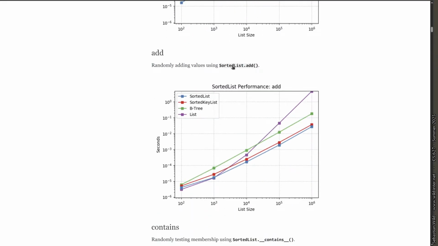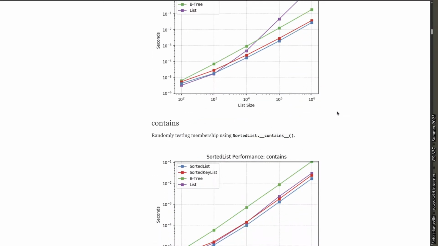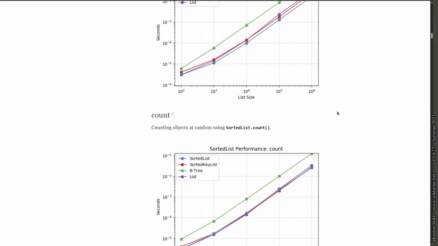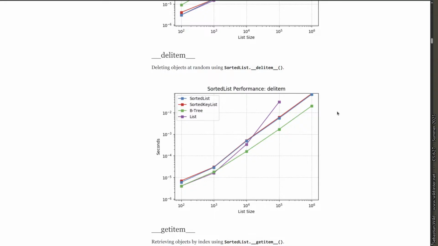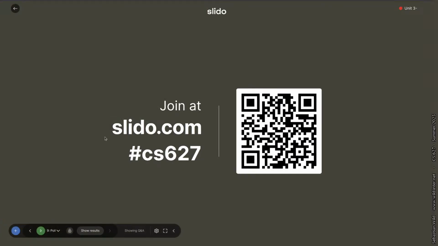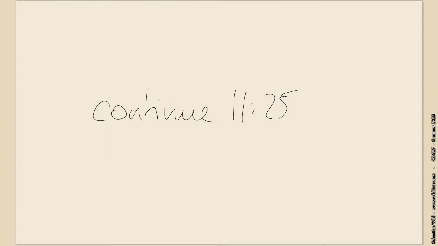But then if you look at what happens with addition, if you insert things, you do scale badly if things become more expensive. But oh no, that's the normal list. They claim they're still faster than any tree data structures. That's incredible. This is Python because the performance there is a bit weird, right?